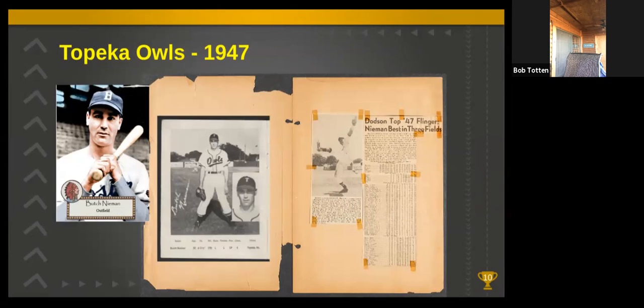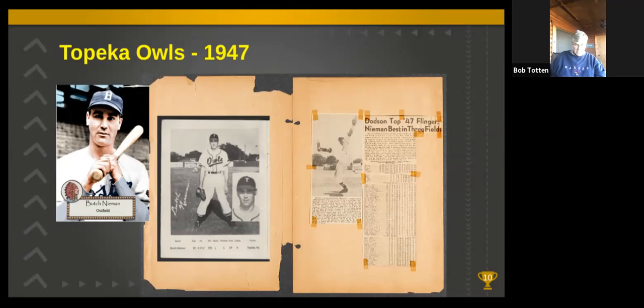After his great 1947 season, Lee Dodson's contract was sold to the New York Yankees, where he pitched up to AAA ball. And in total, Lee Dodson pitched 5 years in the minor leagues before he turned to education, which is where I'm sure most Topekans were introduced to him. Or maybe you saw him at McDonald Field, where he hung out organizing ball games until late in his life.